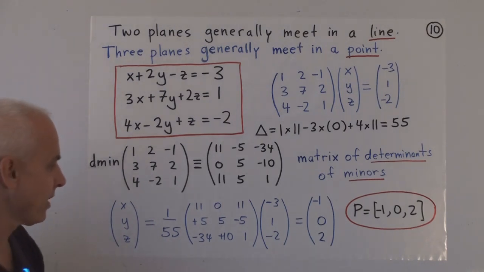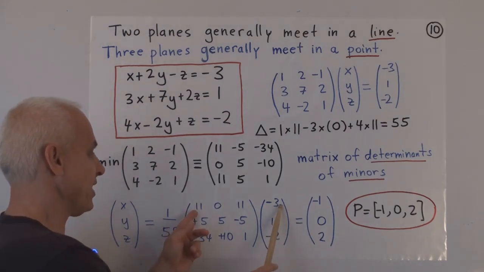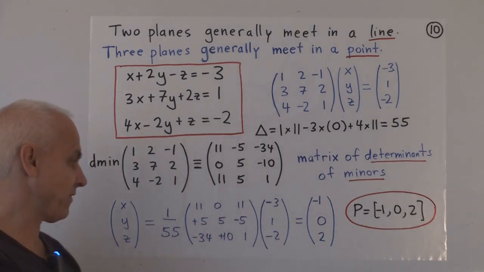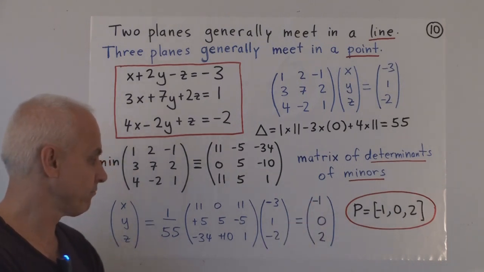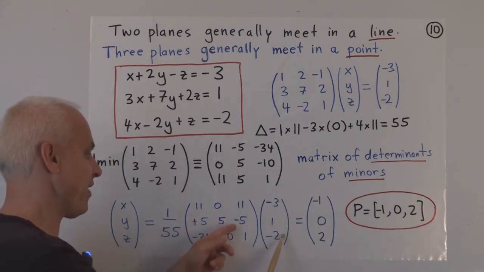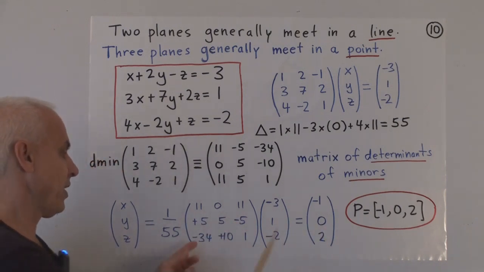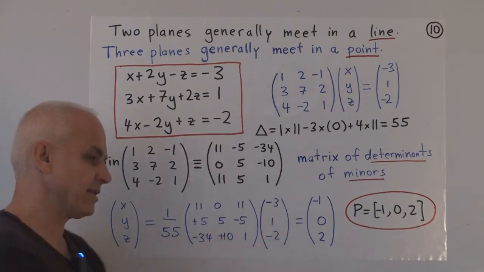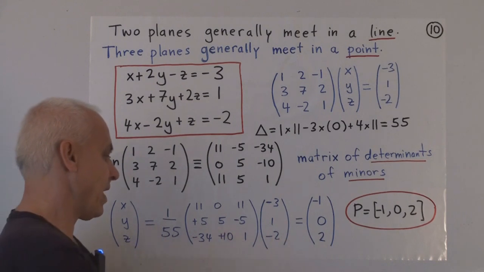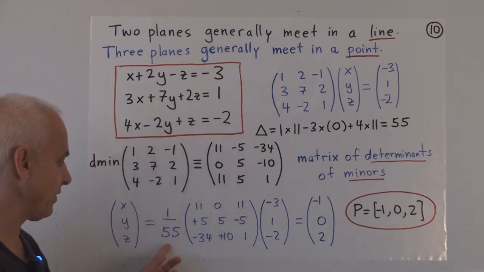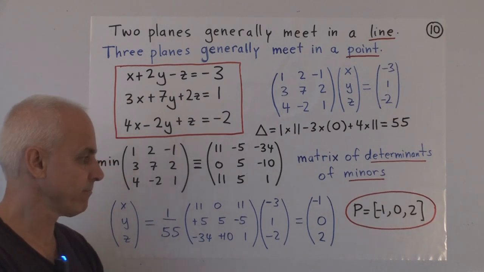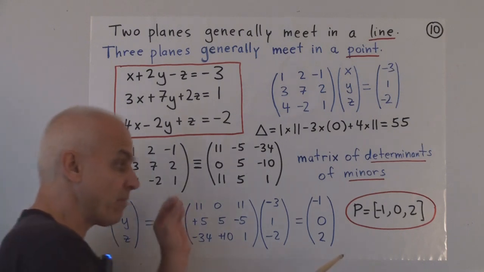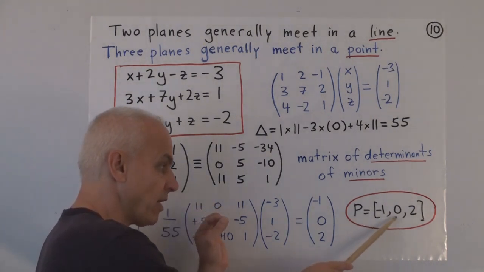And what do we get? Minus 3 times 11, that's minus 33, plus 0, minus 22, that's minus 55. Divided by 55 is minus 1. And over here, minus 15 plus 5 plus 10, that's 0. And over here, 3 times 34, that's 102. Plus 10, that's 112. Minus 2 is 110. When we divide it by 55, we get 2. There's a solution. x, y, and z. So the common point of intersection is the point -1, 0, 2.